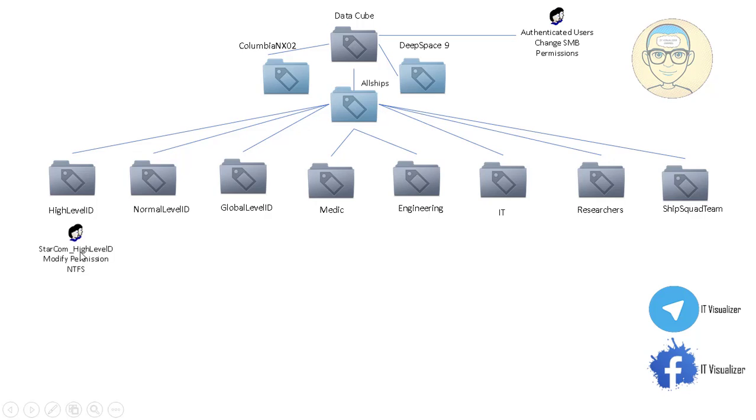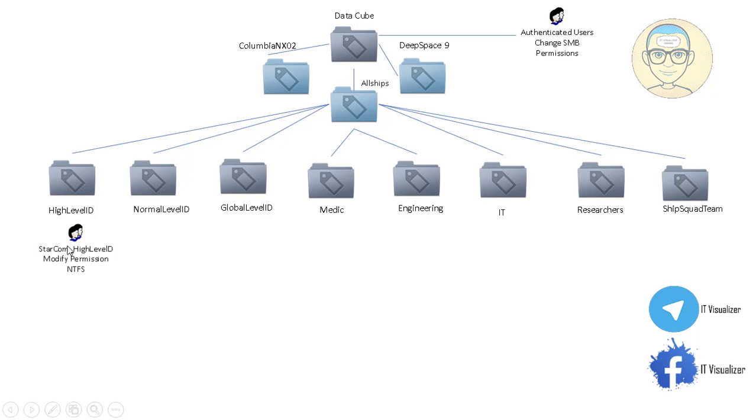We will give the Starcom high level group of Active Directory modify NTFS permission on this folder. Remember that the Starcom high level group contains all of the high level groups in the other ships and in the main office. Remember that I make something called group cascading. What is group cascading? I have all of the groups in the other branches added to a group